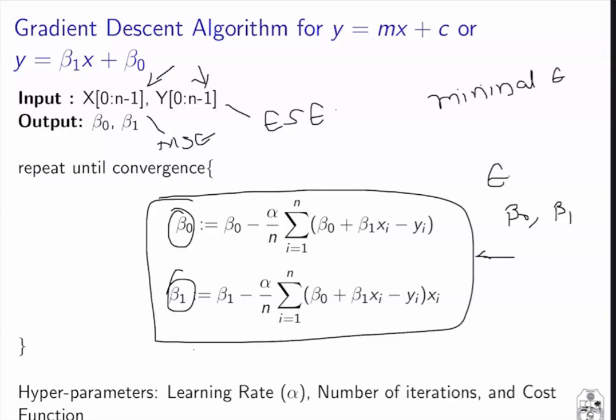Now here I would like to bring your attention to some of the new terms that we have introduced while explaining the gradient descent algorithm. First is the learning rate. Learning rate is programmed here. The learning rate gives us the incremental value during each iteration by which we are going to increase the values that we have guessed for the slope and the y-intercept. Then the number of iterations is another parameter that is required, meaning how many times we want to continue the iteration process. And the third important parameter is the cost function.